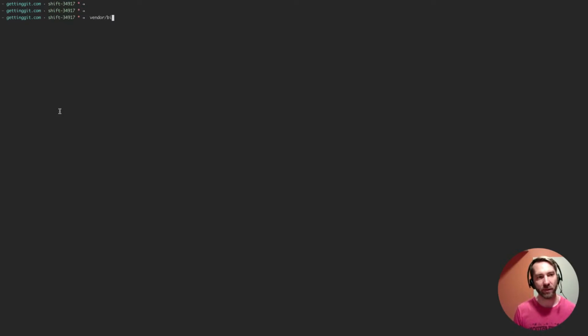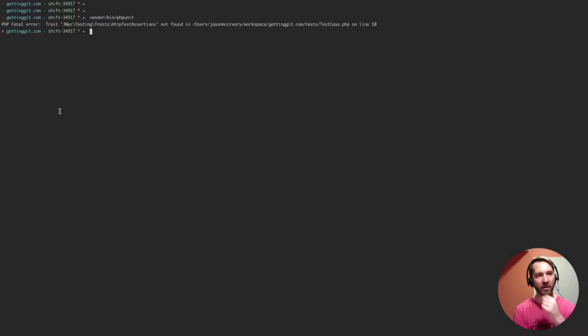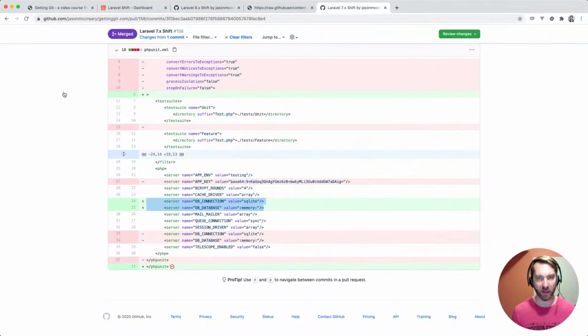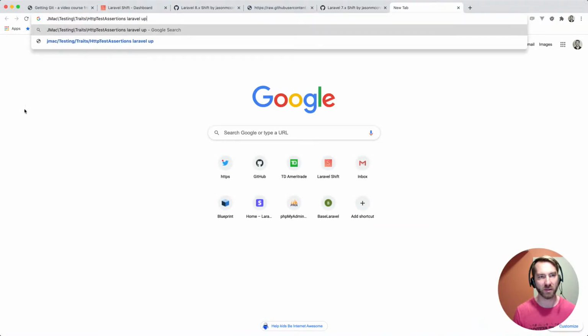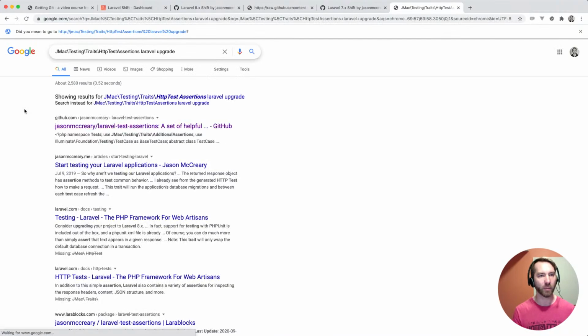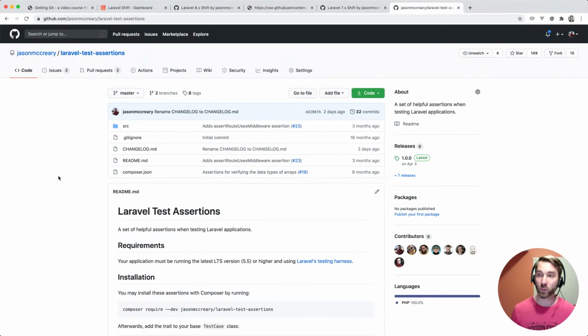So now that we backfilled that, my expectation is that the tests should run. Okay, trait JMac tests HTTP assertions not found. Okay, I'm going to play dumb here. I'm going to know what this is, but I'm going to play dumb here for the audience. And anytime I get these kind of errors, I'll do something like this. I'll just do a little, hey, Laravel upgrade, trait whatever's not found. I'll just search for the error. Okay, so this relates to this package, which I am using,